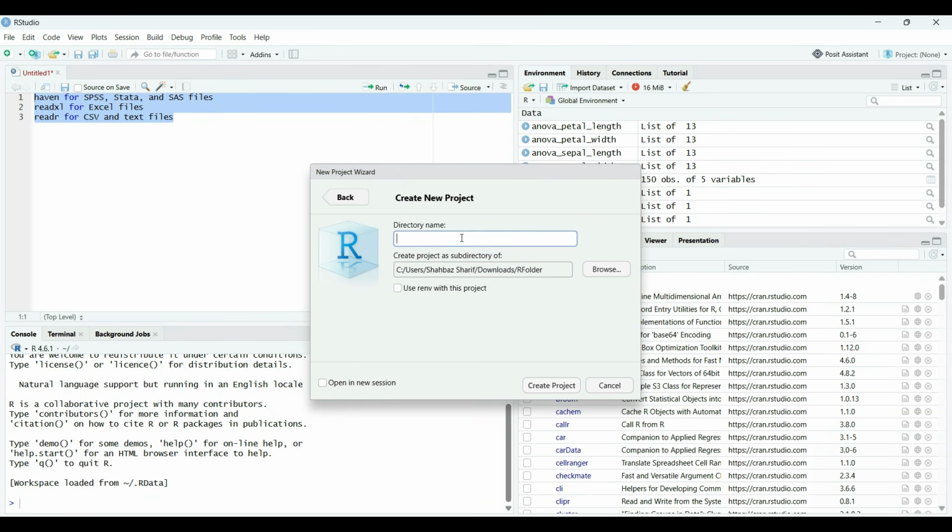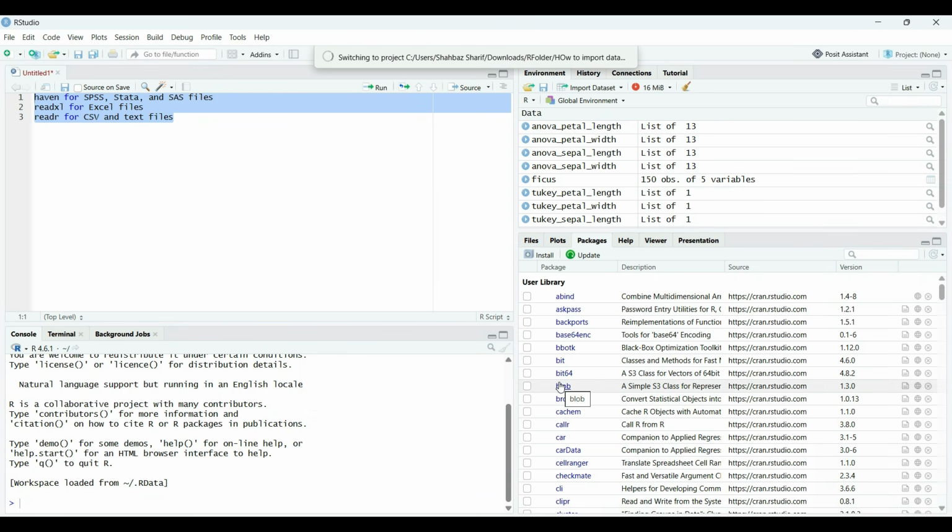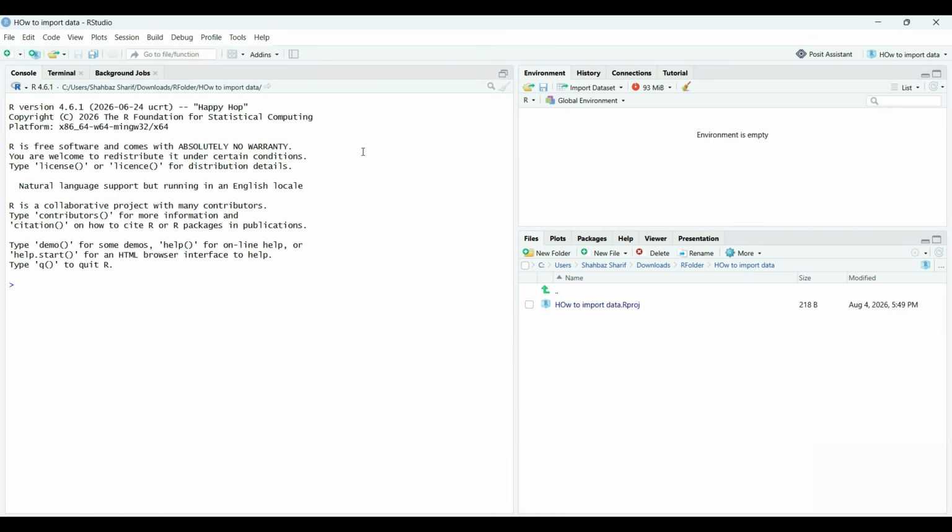So we are going to do importing data in RStudio. So I name the directory as how to import data. So I will create project. So project has successfully been created in RStudio. So now we move to data. So it is working basically, just wait for a while so that we can finish and then go back to our data. So we have done,